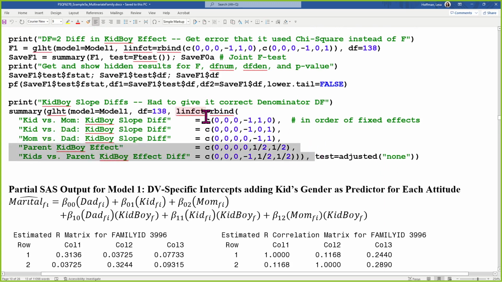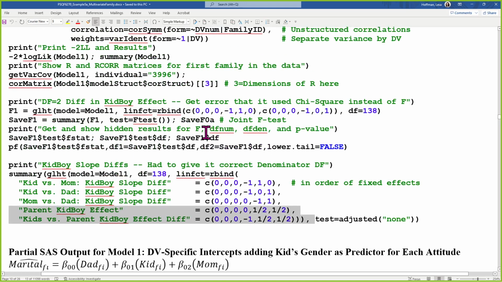You don't need to do anything complicated like this in your homework, but I wanted to give you a flavor as to how you can ask any question that you can think of with respect to differences in slopes or what a slope is across multiple outcomes. All right. Any of that you want to hear more about, or you want to see what happened? See what happened? Why not?